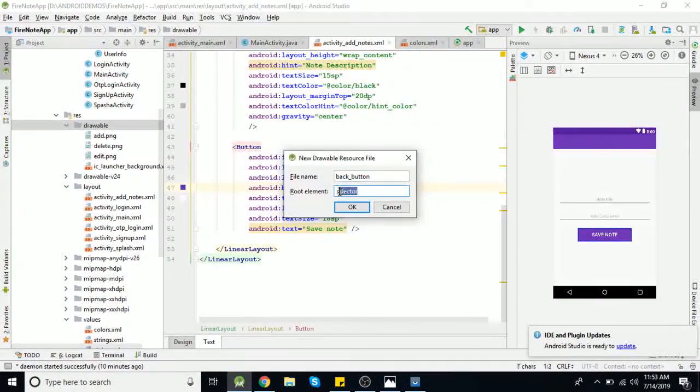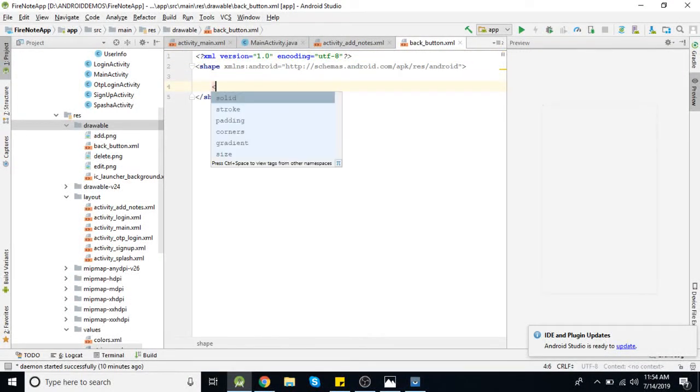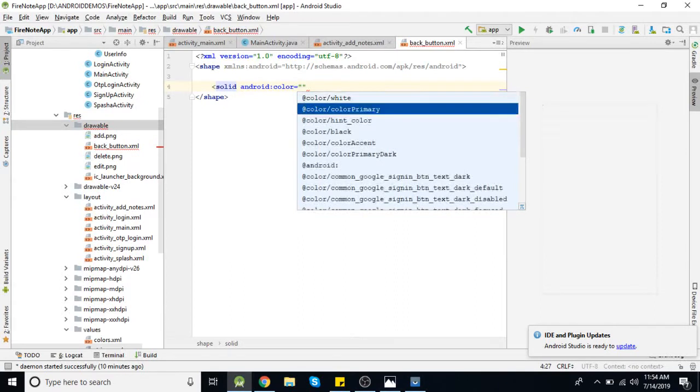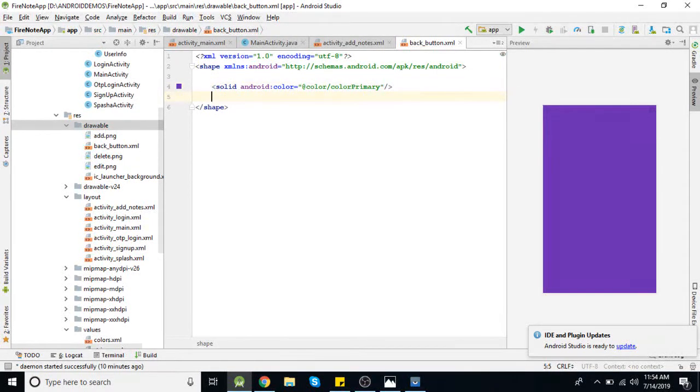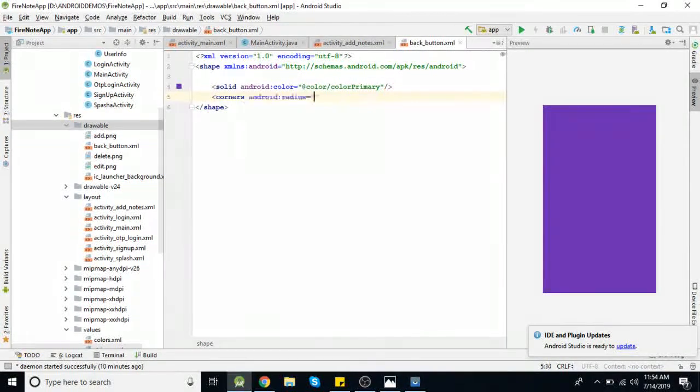This root element will be shape. Here you need to specify its background color, and for this the tag is solid, color is primary. Then we need to make those corners a little bit curved, so the tag will be corners. Then you need to specify a radius, and